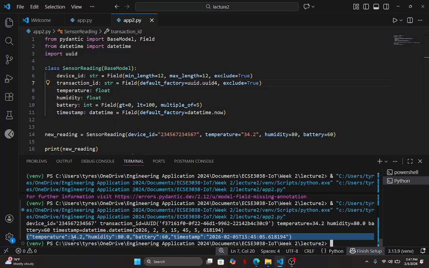So we use Pydantic to create our models. It's called a model. As long as the data you're sending conforms to this model and passes the check, then it's good and it's stored in the database. If it doesn't pass, you do not store it in the database. You raise an error and say, yo, something is wrong with this. Yeah?